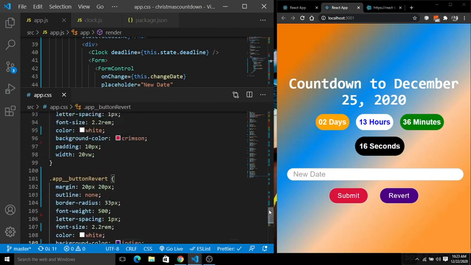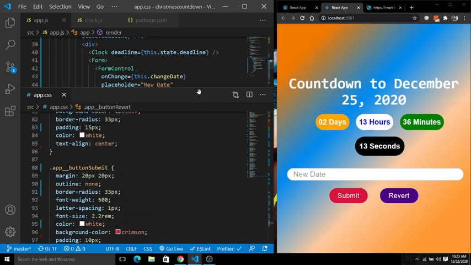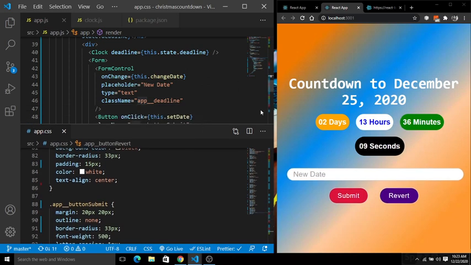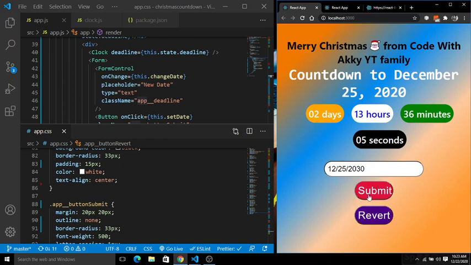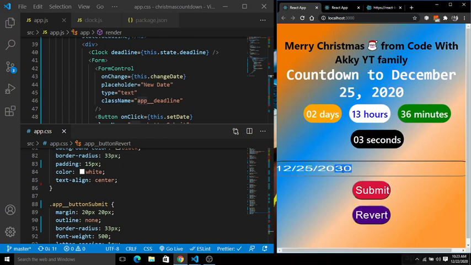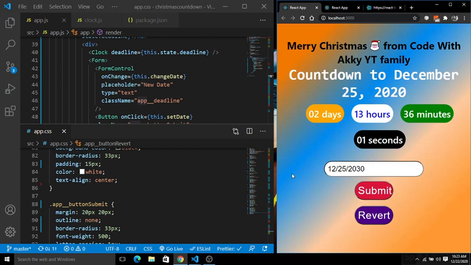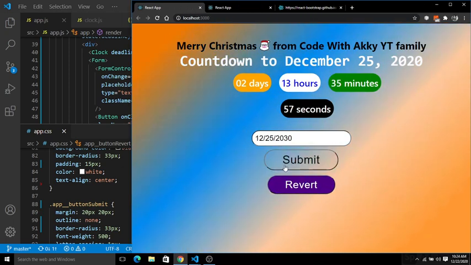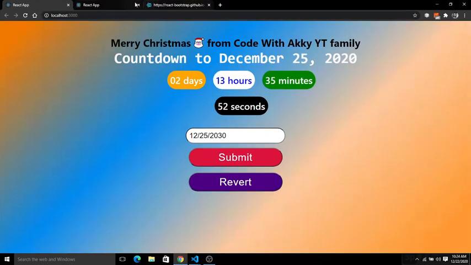So we are done with everything. Now you can see we have done a bunch of styling here. You can do all this by yourself. Okay, so we are done with our countdown application.